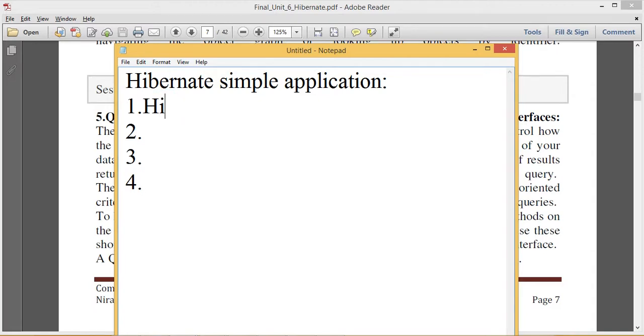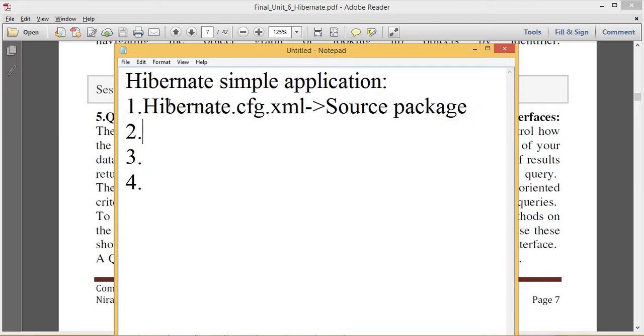The first file I require is hibernate.cfg.xml, which is stored in the source package folder. The second file I require is hibernate.hbm.xml, HBM meaning Hibernate mapping file, which maps your Java Bean property with the database table. Again, it will be stored in the source package.